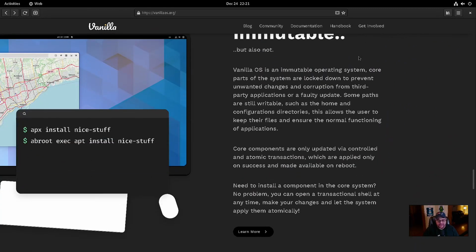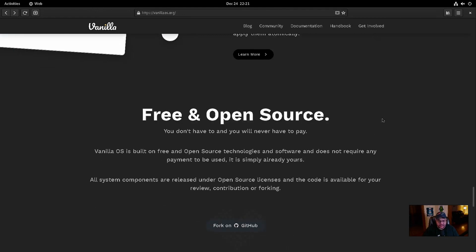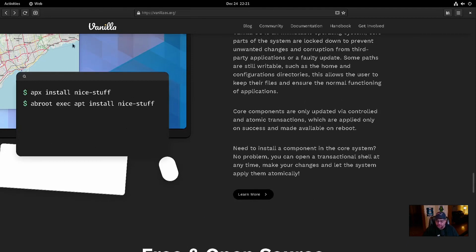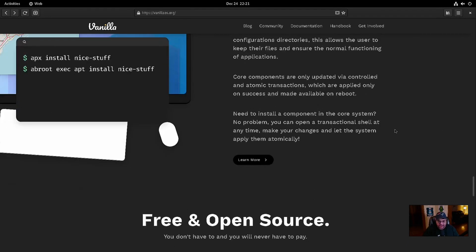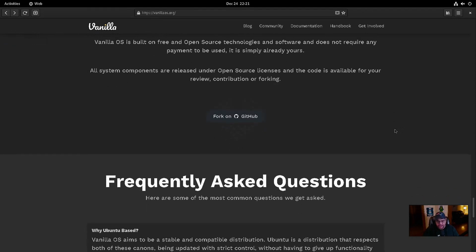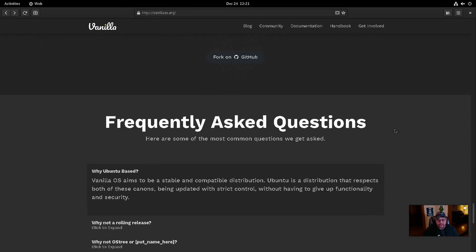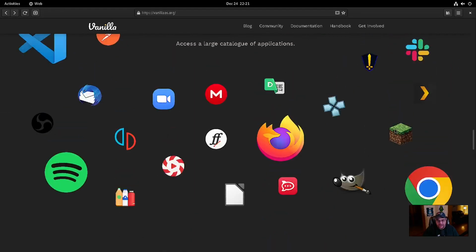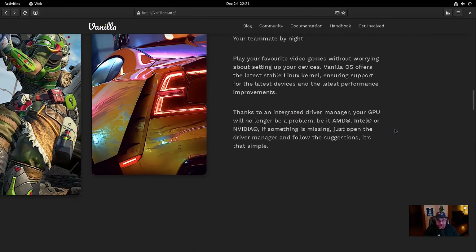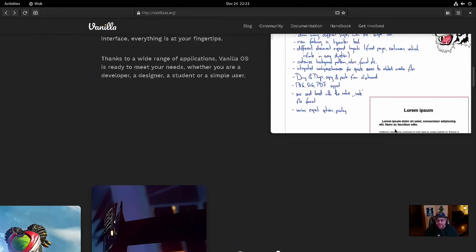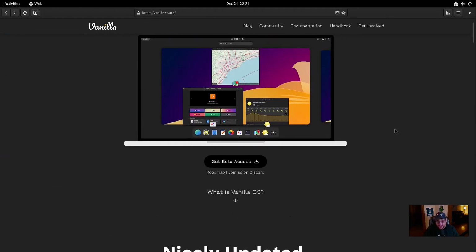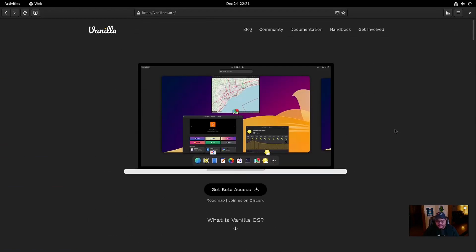But the difference is it's immutable, and it uses APX, as you see right here, the APX package installer, and it's immutable. So you can really limit the amount of damage that applications do to it. That is the good thing about containerized apps, such as Flatpaks, AppImages, and Snaps, is that they're completely contained, meaning that the dependencies that they need are already downloaded to them, and that they work seamlessly and flawlessly integrated into